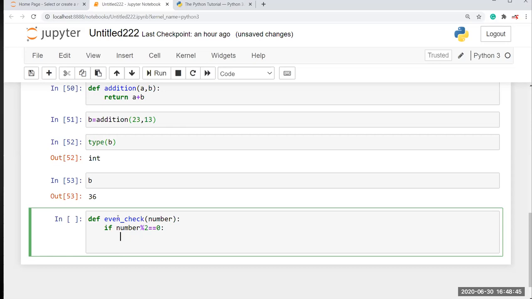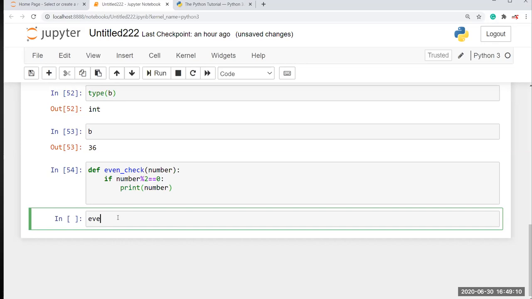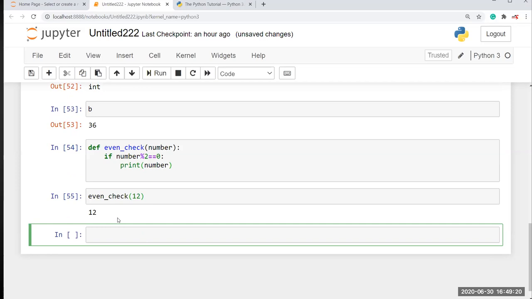After that we return; how to return bulk values, we will see in the next example, how to return bulk values from a function. So here I am going to print a number. I run this, and here I need to pass a parameter to even_check, so I pass 12. I run this, I get 12.